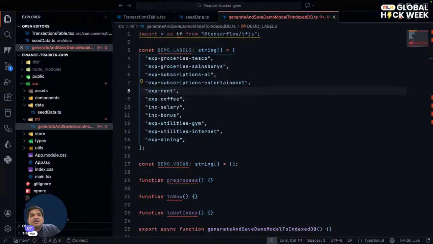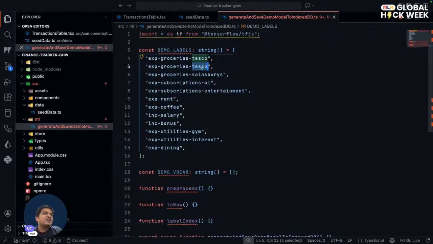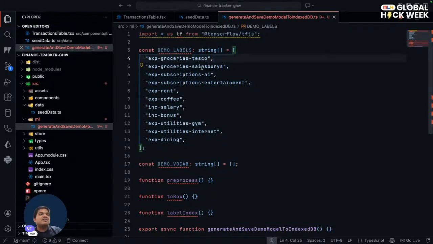These labels are some things that are available in our seed data, so basically I picked it up from there. We can have a few more labels, but I don't think that is good for this idea. We want named labels so that it's easily understandable. Then for the vocabulary of words,